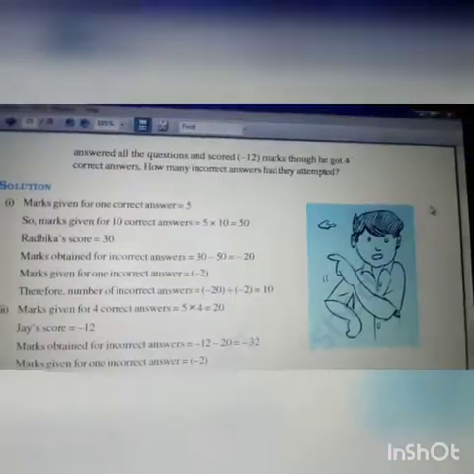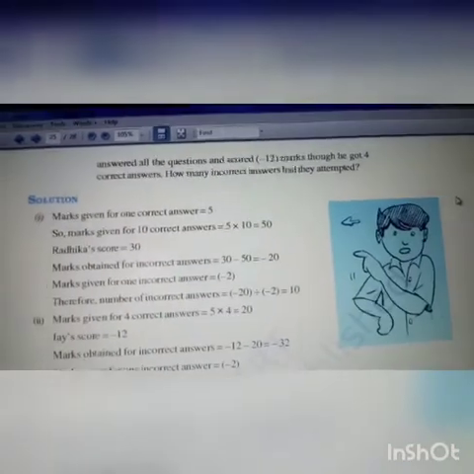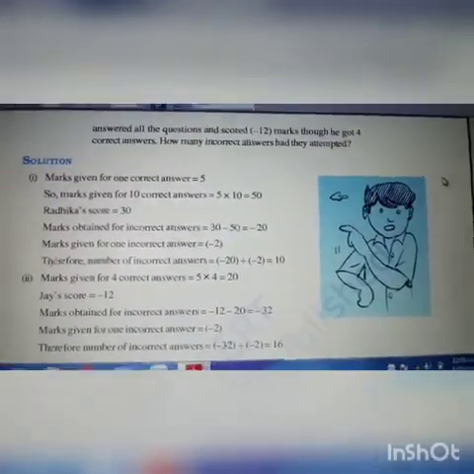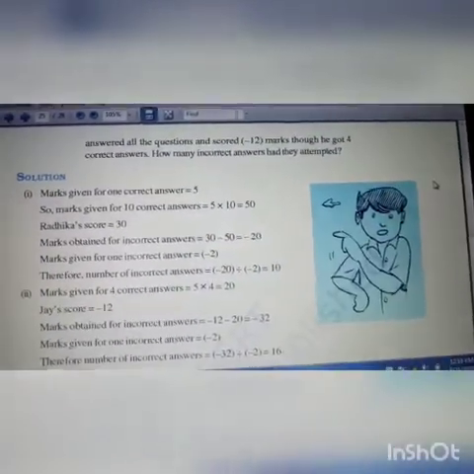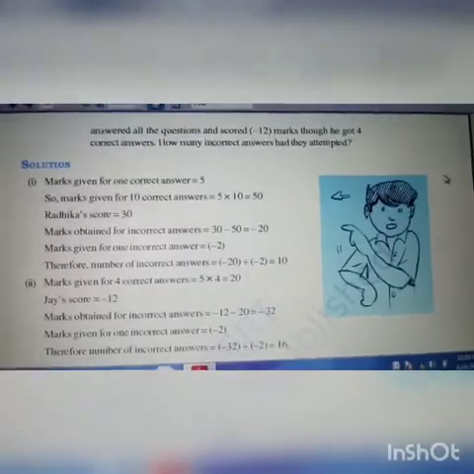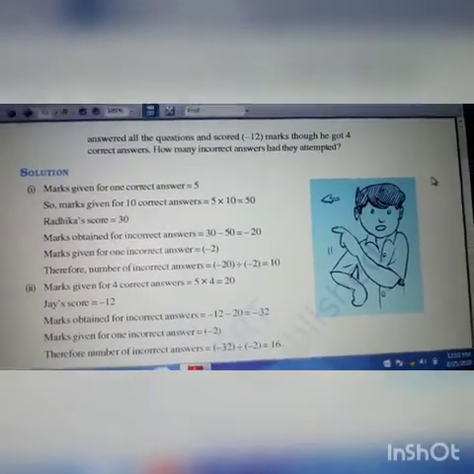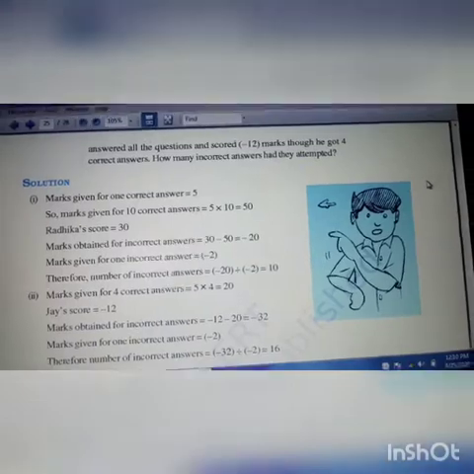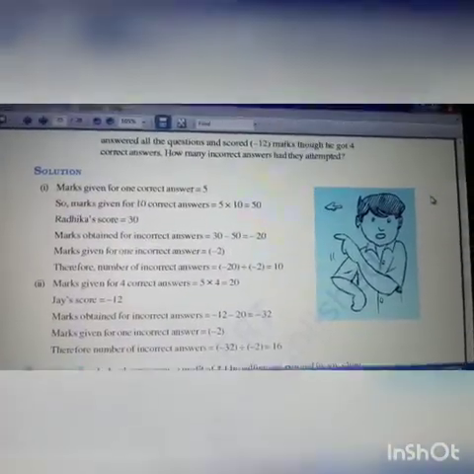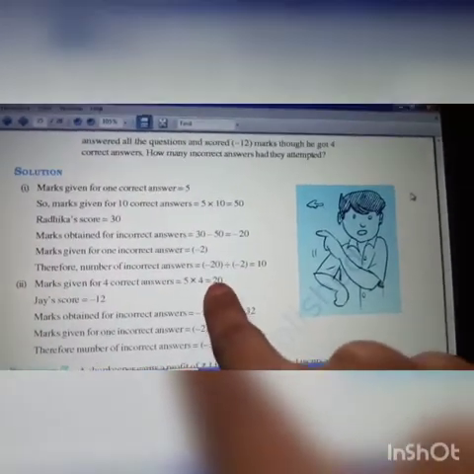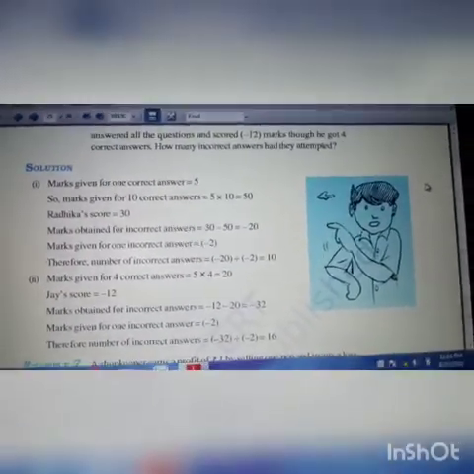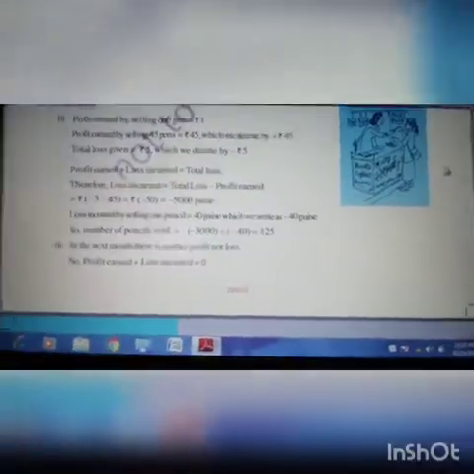Example problem, see, here also we have a test mark problem. But the difference is here they will ask you how many correct answers, whereas there they will ask you the total score. If they give you a smaller value and ask you for the larger value, what will you do? You will do the multiplication. But here they have given the total score, and we should find the number of correct answers. So what will you do? You will divide it. That is the only difference between that exercise problem and these exercise problems.